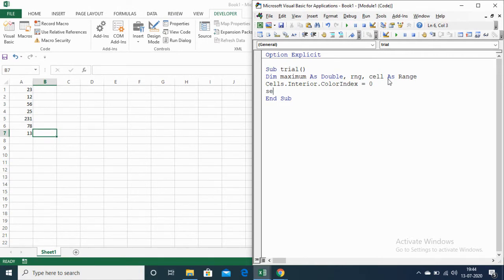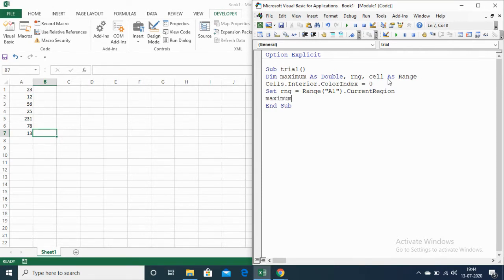And now I am setting the range. So rng equals Range("A1").CurrentRegion. And now I am finding the maximum value in this range.